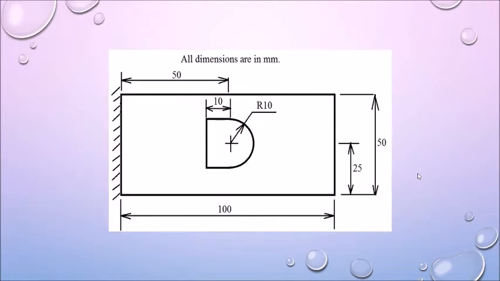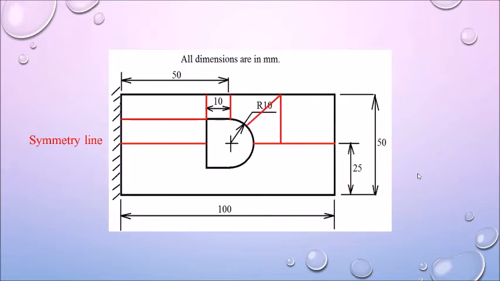In this geometry, there is a planar symmetry. I need to model only the top half or bottom half of the problem. So I'll divide it here at the symmetry line first. Then I will make divisions here. Then I have to make divisions here, here and here. Now there are 6 areas. Each area now has 4 bounding lines, so it can be map meshed. This much preparation you have to do for getting the map mesh.